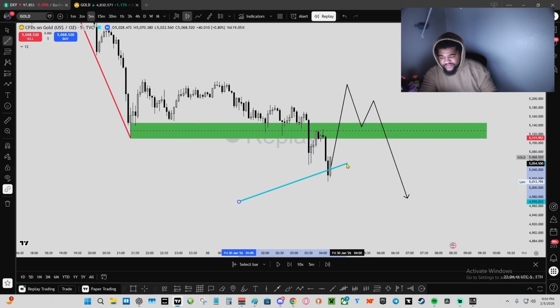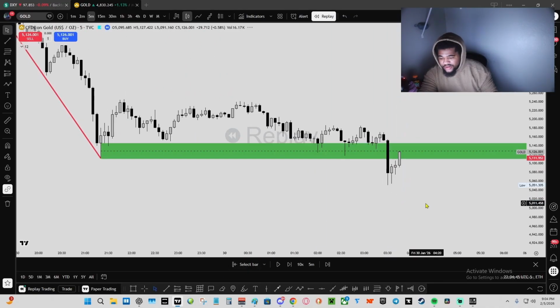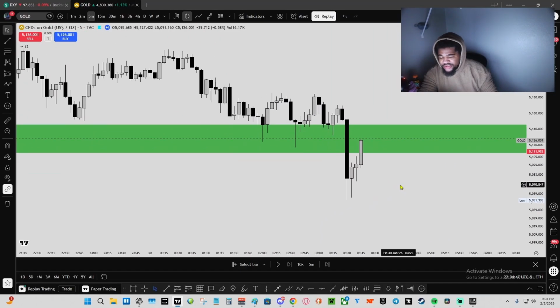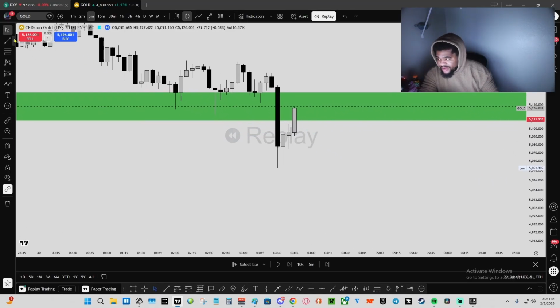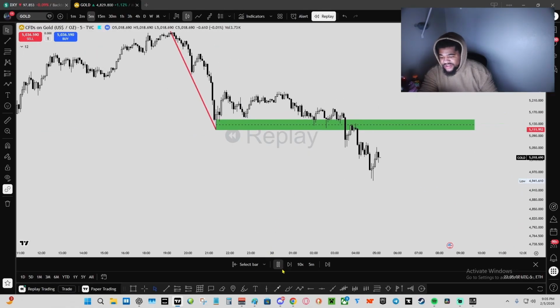Does that make sense? So at this point, you're interested in joining the villains team now. So you wait for the heroes to step back in. What you want is for them to fail now. You want the heroes to get completely overrun. And at this point, this is where you would look to start joining the villains. You see?